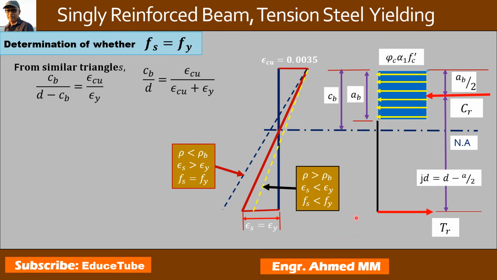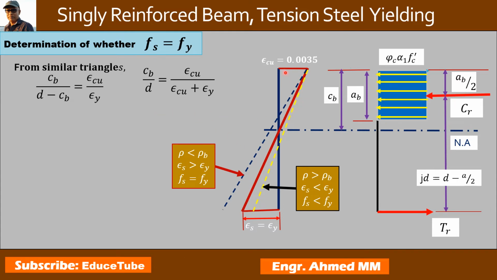And this one is vice versa, exactly opposite. Because this is greater, here it is less. Here Fs equals Fy; here Fs, stress in steel, is less than yield stress, and strain in steel is less than yield strain. But our case is this one. Now, from the balance failure condition,